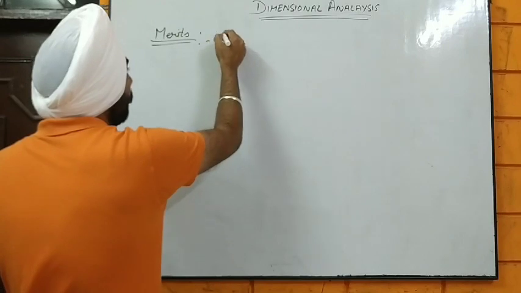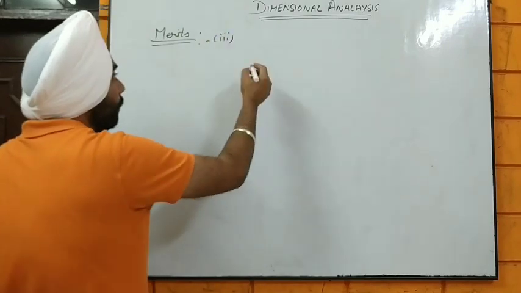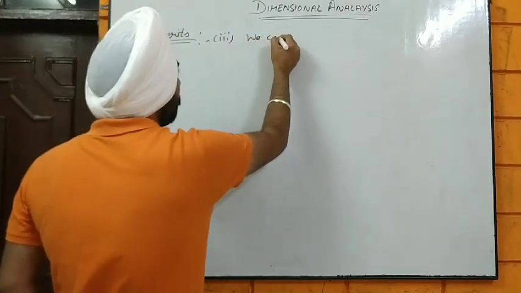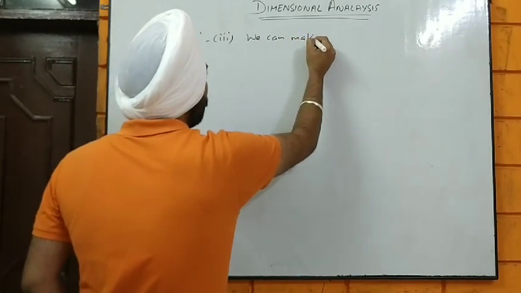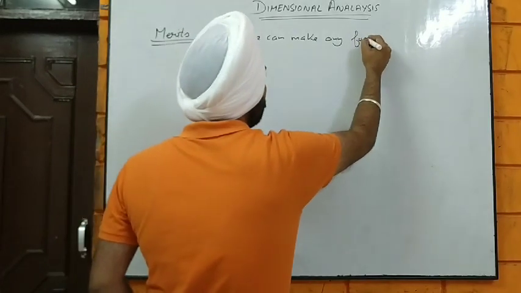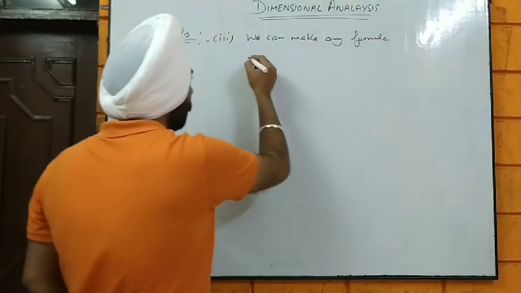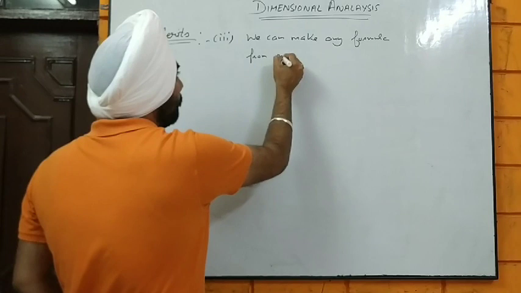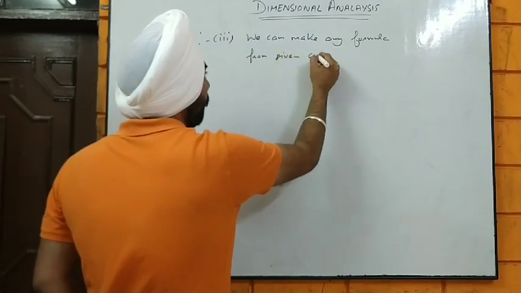So we are going to take the third use: we can make any formula for given